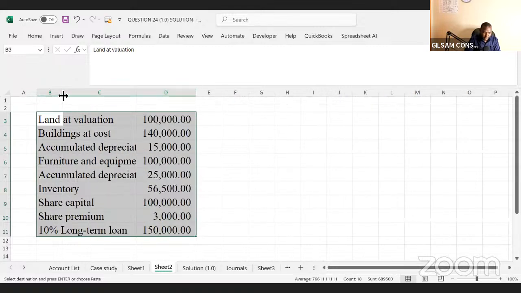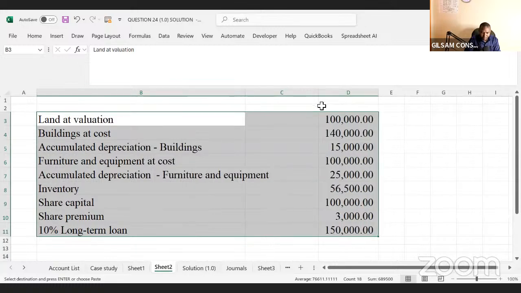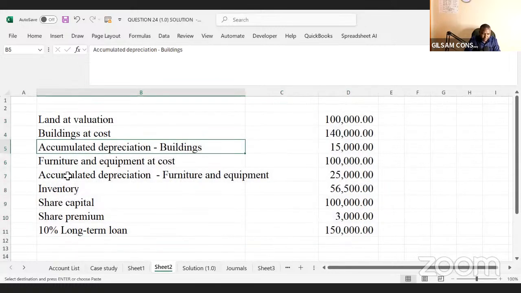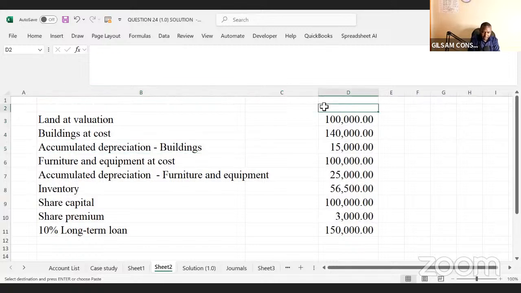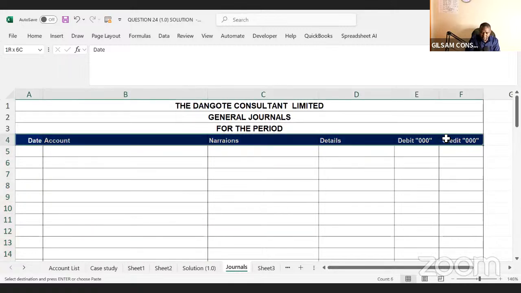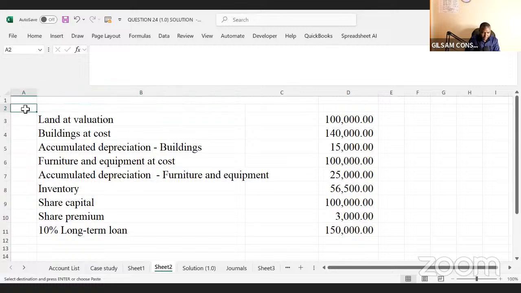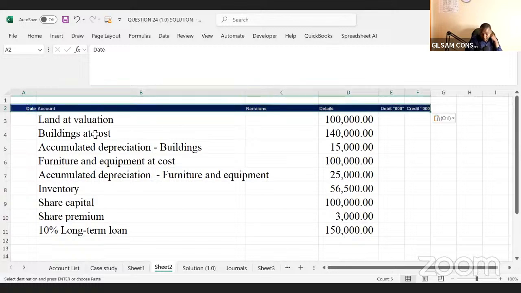So we are getting this. Now, remember, you must have debit and credit. So it is the same. So now you can see